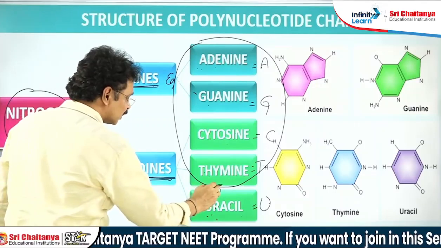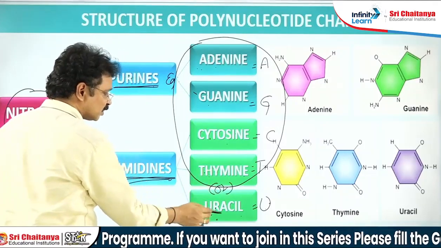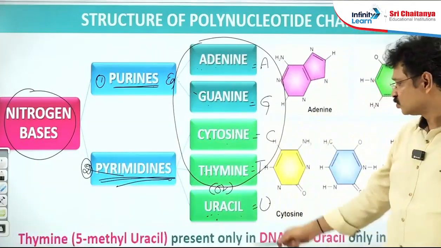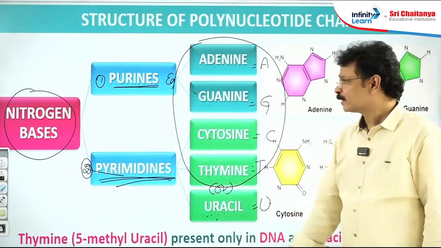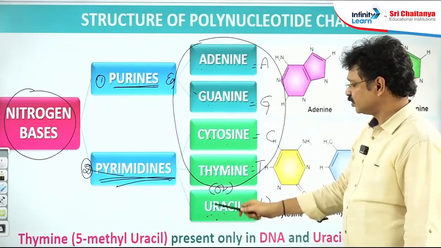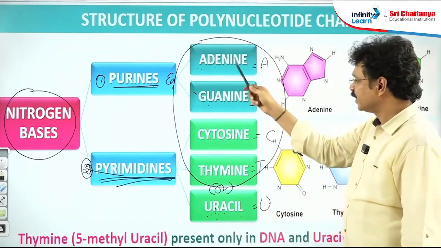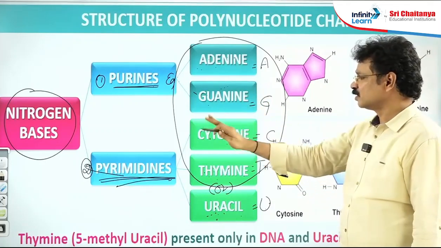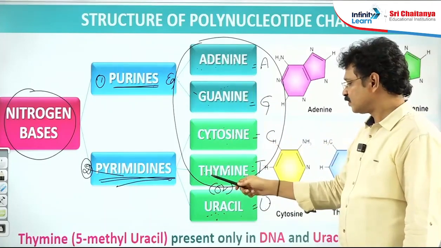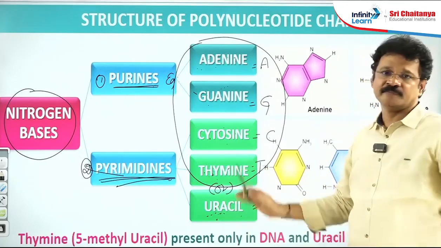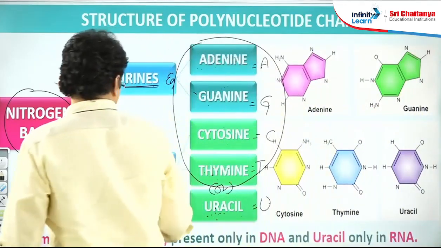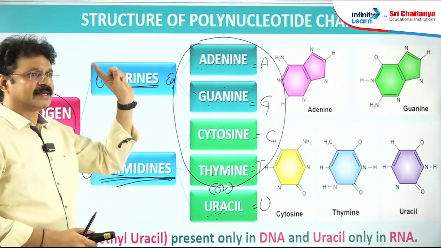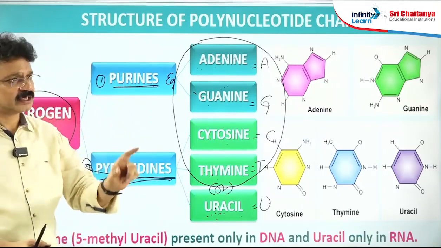There is no single nucleic acid that possesses both thymine and uracil at a time. Out of these two, only one is present in every nucleic acid. In RNA, A, G, C, U are present, whereas in DNA, A, G, C, T are present. So adenine, guanine, cytosine are common in all nucleic acids. Thymine is found in DNA only, uracil is found in RNA only. It is the second difference. Already you might have learned about the sugar molecules present in DNA, RNA. In DNA, the sugar is deoxyribose sugar, RNA ribose sugar.